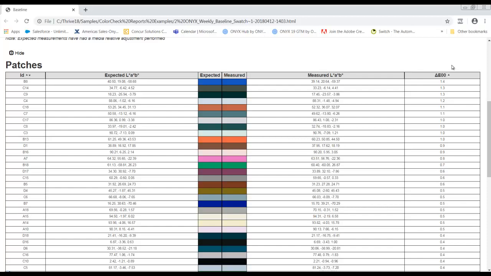However, 1.4 is getting close to 2, so at this point I might want to go through and check my process control steps, my workflow, and establish where is it that things are changing. The areas that I might want to check could start out simple in my process control workflow and start out with temperature or humidity, media type, ink set, printer condition, nozzle check, cleaning cycles, or possibly I need to perform a recalibration.